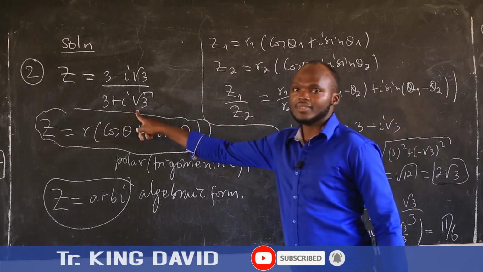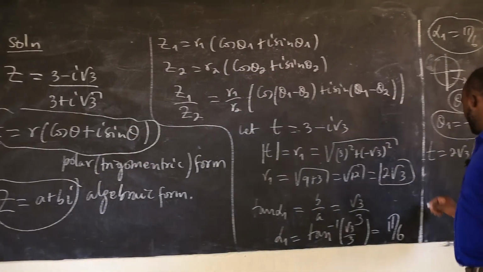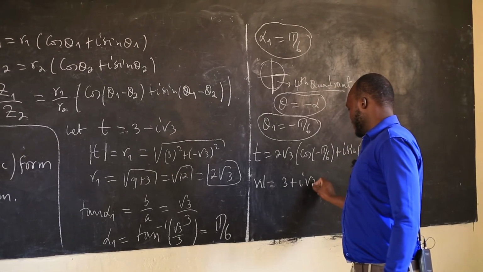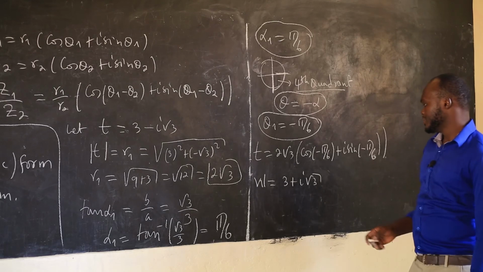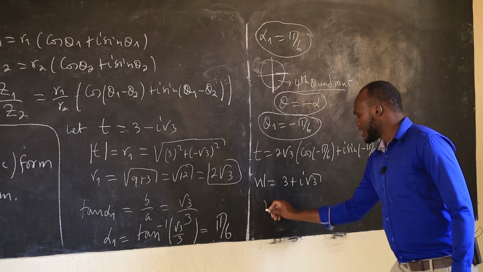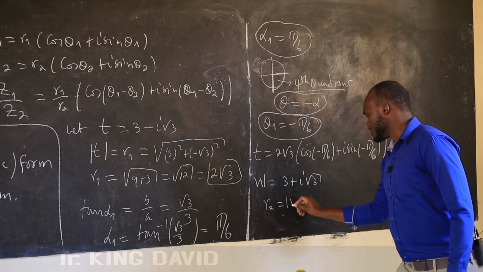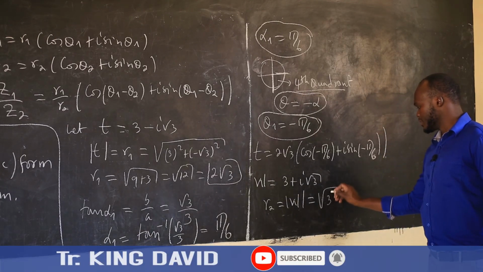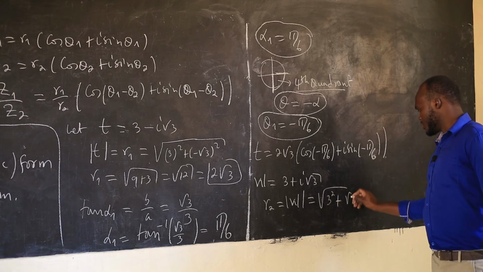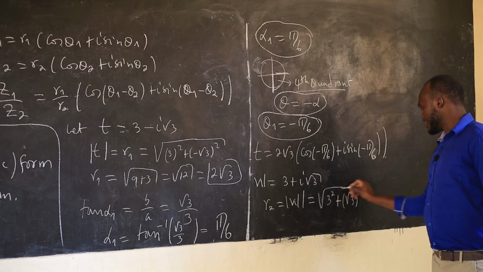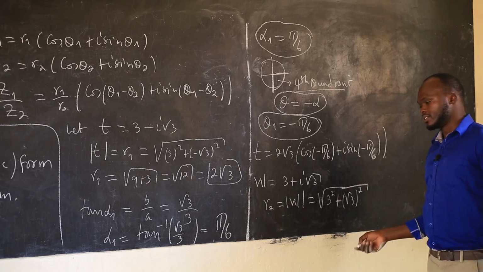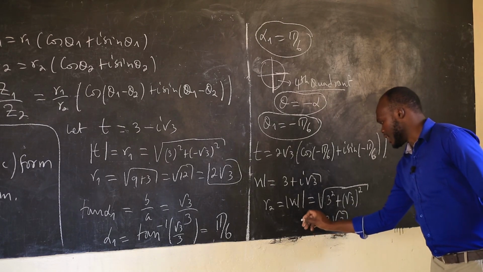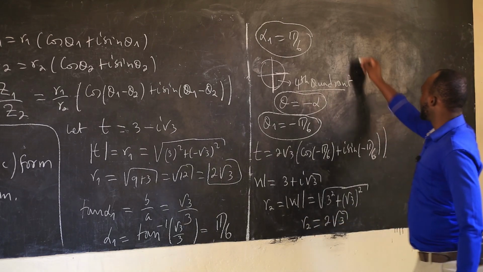So we have to write another complex number, which is the denominator, 3 plus i root 3. So let w equal 3 plus i root 3. So now our r2, which is the magnitude of w, equals root of 3 squared plus root 3 squared. The answer is, this is 9 plus 3, that is root 12, which is 2 root 3. This is r2. So after getting r2,